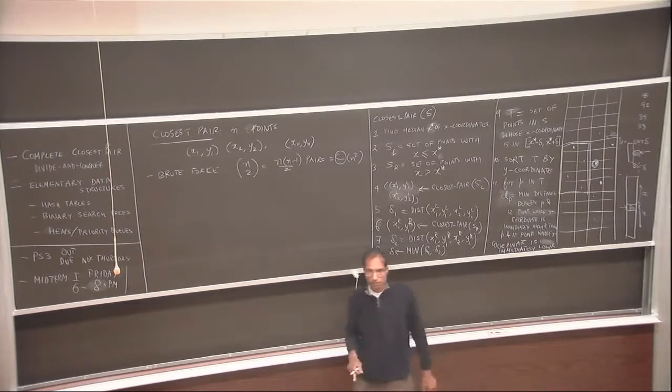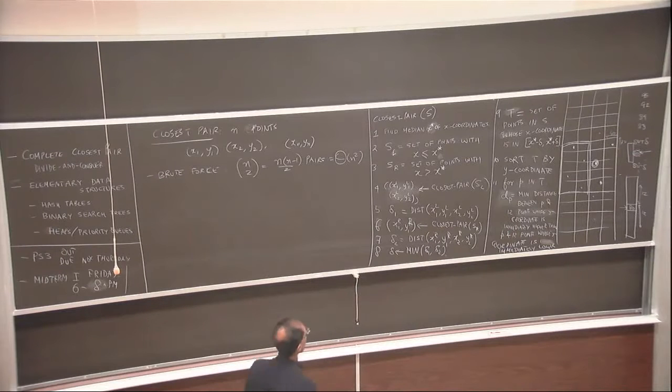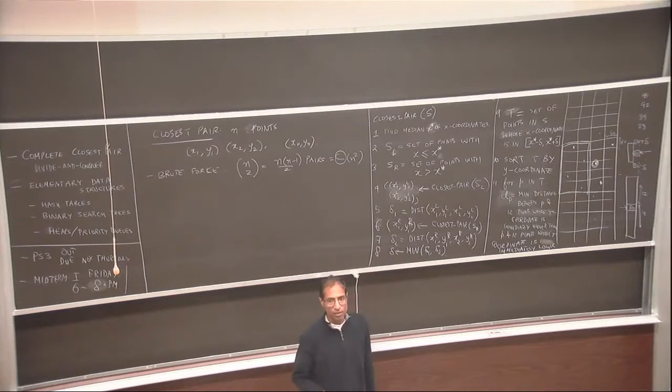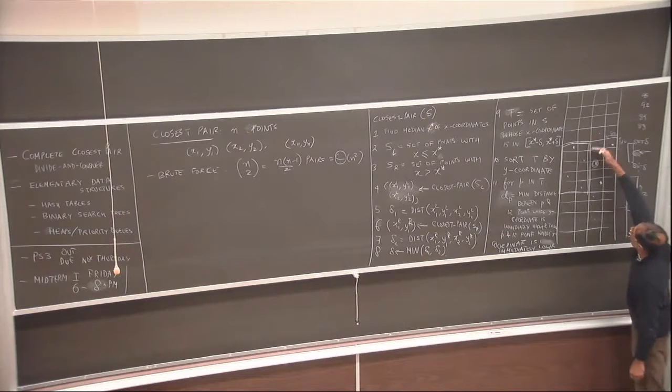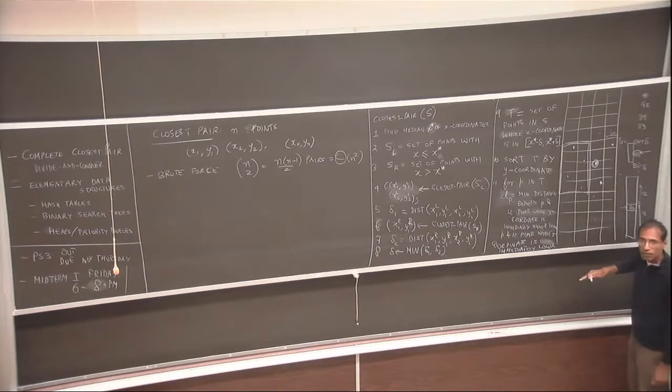Yes? I was just curious, in step 10, why do you sort? Why not just do a similar thing that we did in 9, where we also have a condition of the range? Well, the reason is we'll have to do this for every single point separately, because the range is different for each point. For this point, my range is this plus delta, this plus delta. For this point, it's this plus delta, this plus delta. There are other ways to do it, but at least the way if you're going to look at all these points,